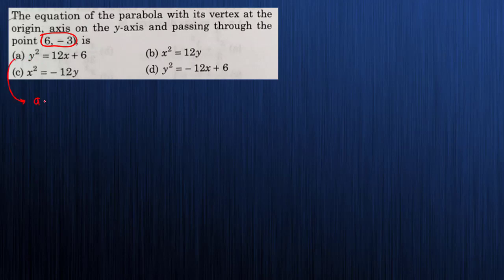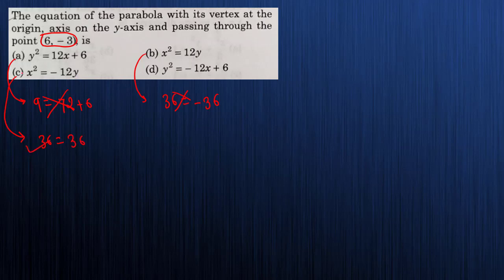So it is -3, and this is option A I am solving here. So this becomes 9 is equal to 12 into 6, that is 72 plus 6. So definitely it is not correct. So 9 is equal to 78, no, it is wrong. What about option B? It is x square, means 36 is equal to 12 into -3, that is -36. So it is again giving me -36, so definitely it is also not true. Let's check option C. So x square is 36, and we have minus 12 into minus 3, which is again 36.